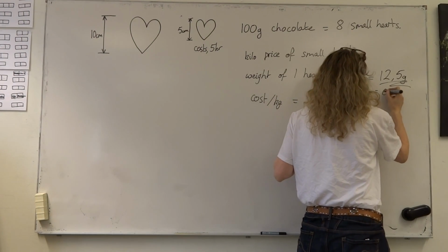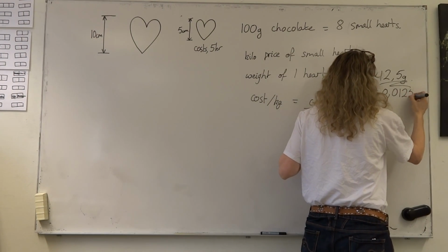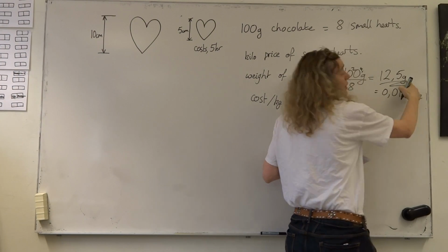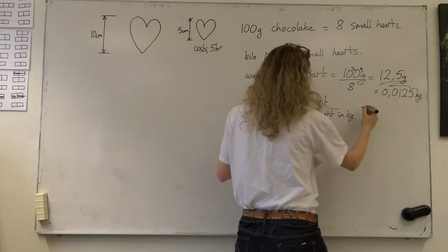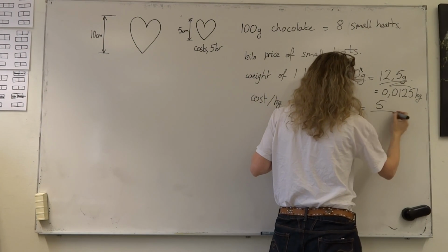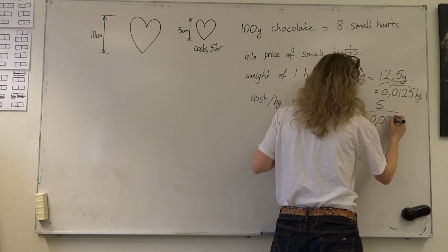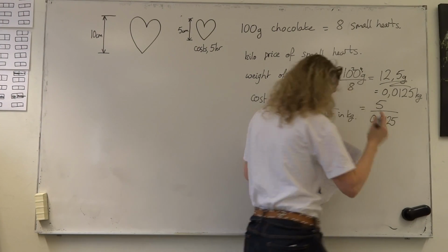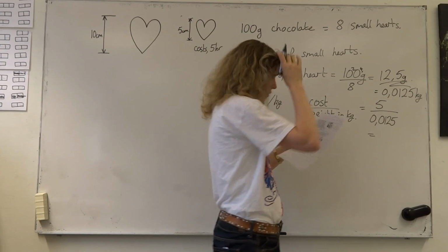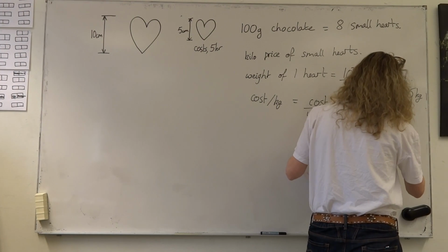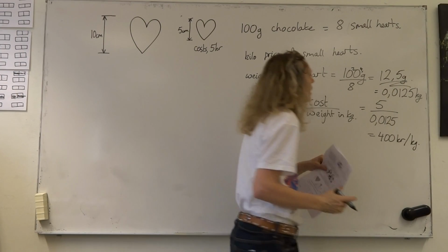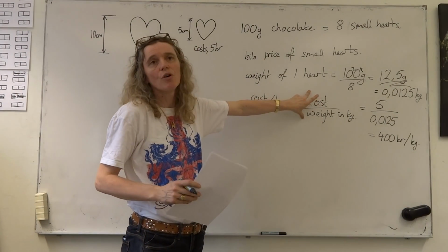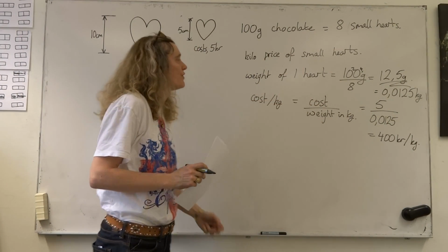That's the same as 0.0125 kilos. Divide grams by 1,000 to get kilograms. The cost of the heart was 5 kroner, so we have 5 divided by 0.0125, which will give us 400 kronas per kilo. If you're not familiar with this formula, which I think saves a lot of time, you can go from